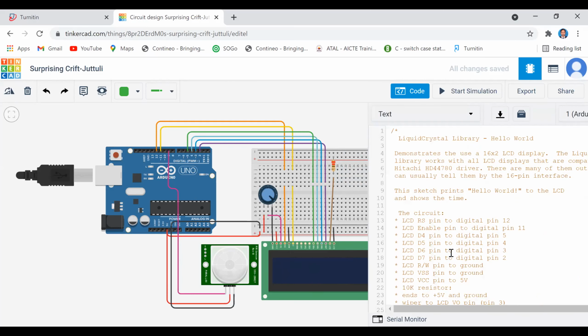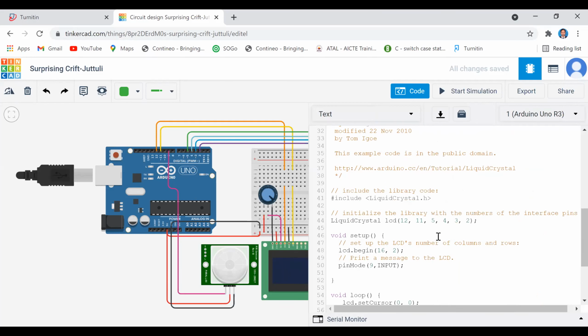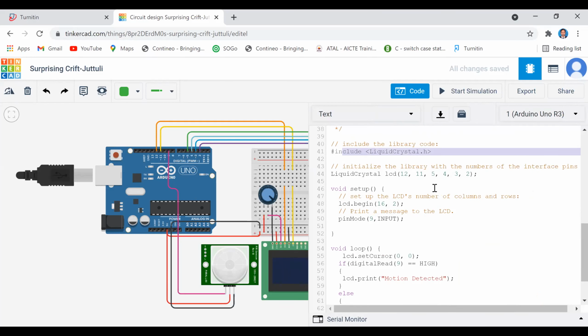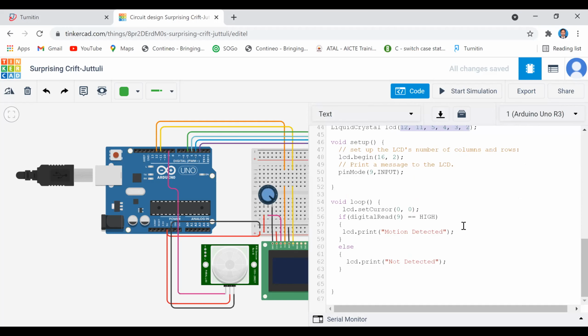The coding is the same as we have just discussed. Since we have used the LiquidCrystal header file, here you give the pin numbers you are interfacing with the LCD, and lcd.begin tells the configuration. Here, the 9th pin is the input pin.